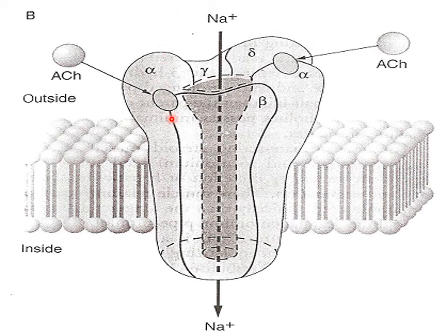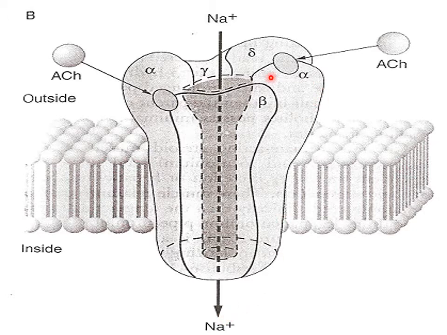This is the NM type receptor on which acetylcholine acts. You can see here it has alpha, gamma, delta and beta subunits, and your acetylcholine is going to act on alpha subunits. There are two alpha subunits and two molecules of acetylcholine can attach on these subunits, and it is basically an ion channel. When acetylcholine acts on this ion channel, there is inward entry of sodium and there will be action potential generation.